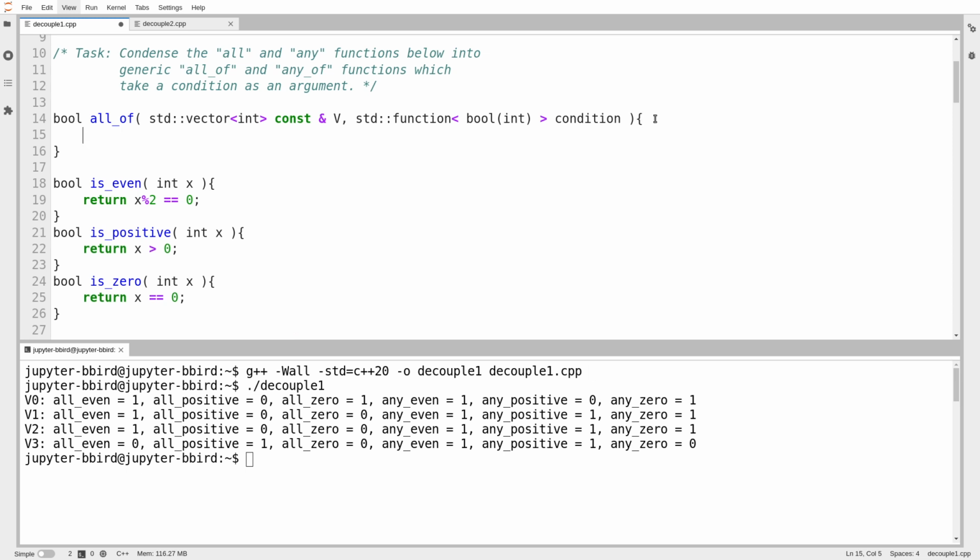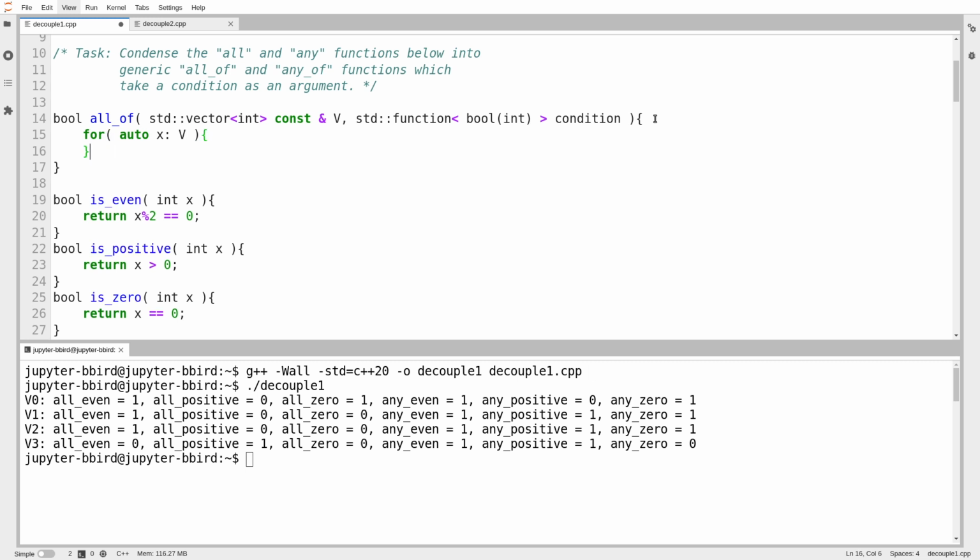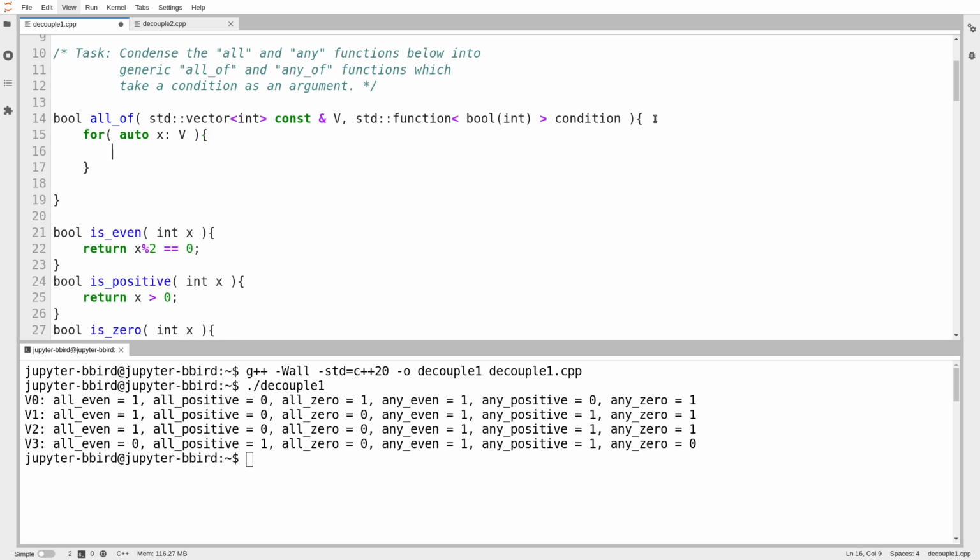Okay, so you pass in a condition to test, and you're now asking me, does this condition hold for every element of the vector? So I try it. I iterate over every element of the vector, auto x in v. And I say, okay, for each element x, I'm going to evaluate the condition. I'm going to call the condition function on x. And if that equals false,